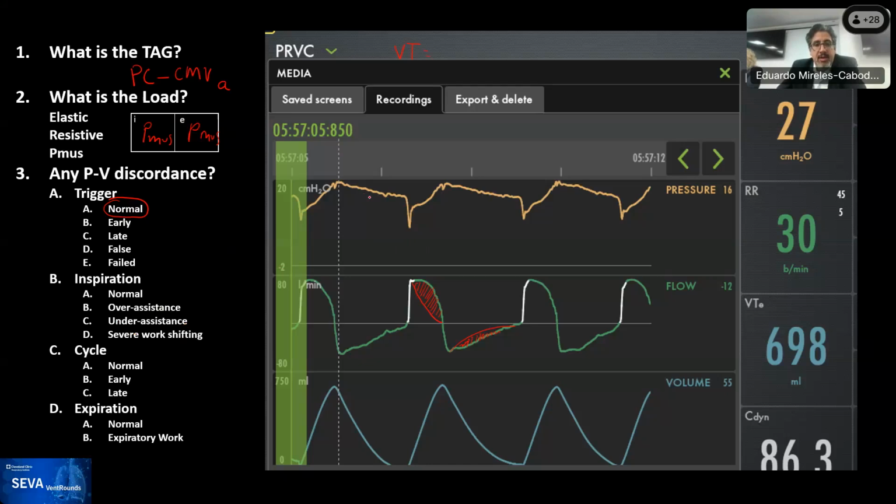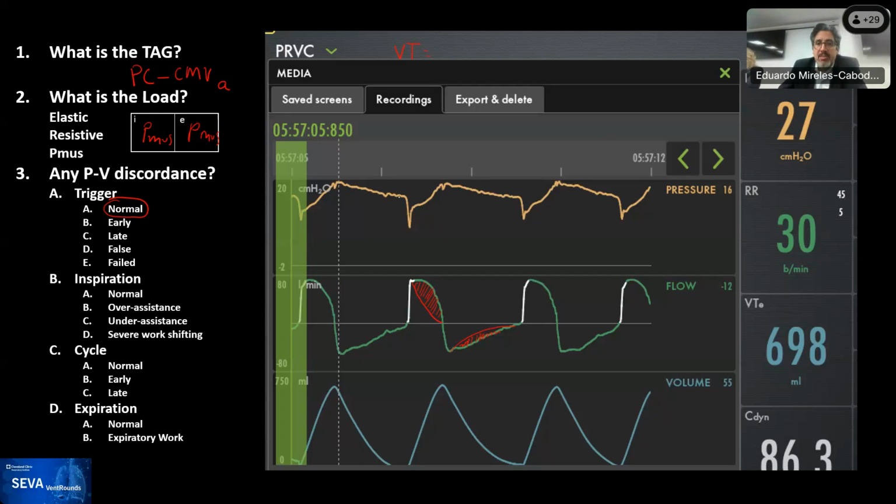Yeah, so the spike on pressure is not an optical illusion, but it's a manifestation of an imperfect controller on the pressure. Roberto? Yeah, and because this is CMV, meaning that every inspiration is preset time, inspiratory time, it's really unusual